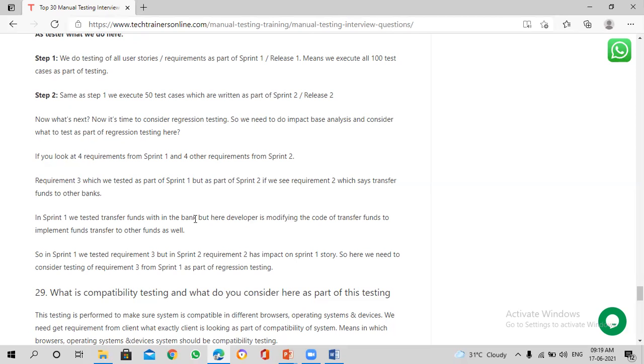So whenever they modify the code for a huge count of defect fixes, you still need to do regression testing, because I don't want new defects to be introduced in the existing system because of modifying the code for defect fixes. Even in that case you need to do regression testing.